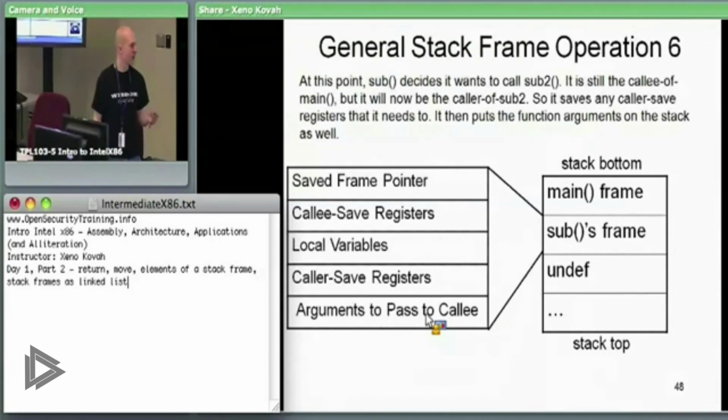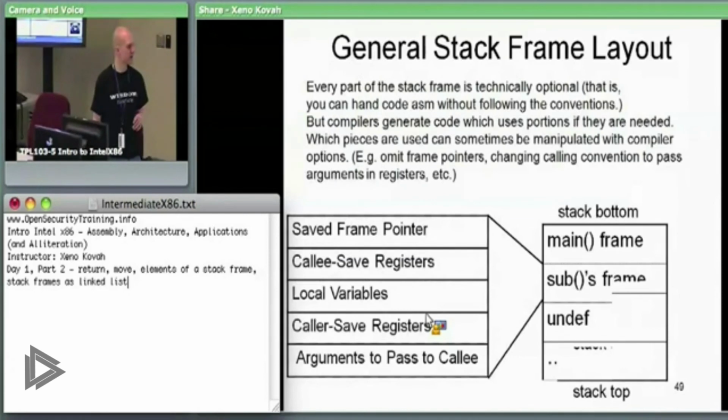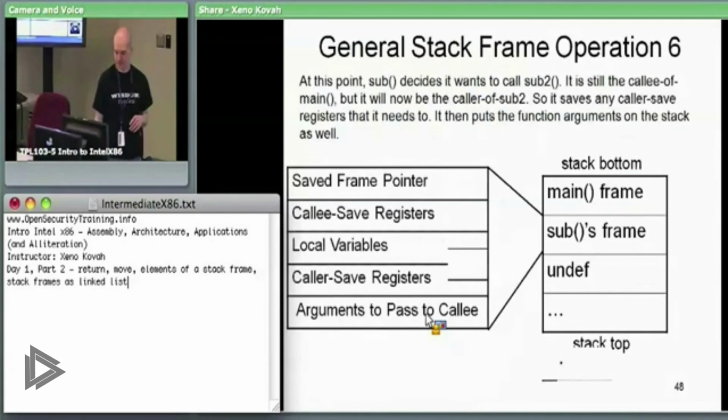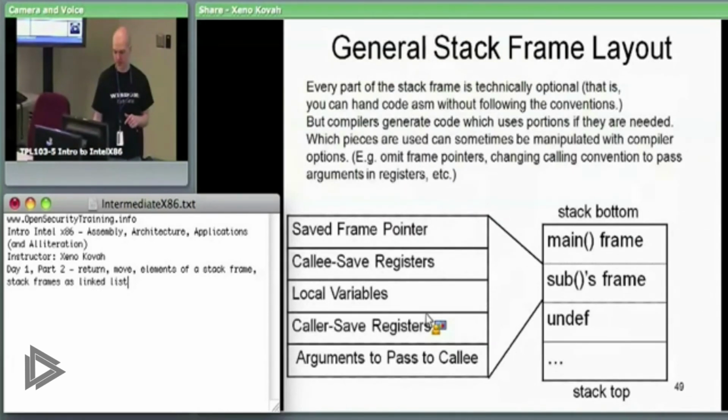So I think I didn't put the actual call to it, and I just said, this is the last point, basically. So now, do I have another one? No, I don't. So basically at this point, it put those arguments onto the stack. It would call sub2. We could go through the exact same sequence, right? Sub2 would save the frame pointer, then sub2 would save its callee save, and then when sub2 is done, it would destroy its callee save registers, destroy its frame pointer, return back up, and when subroutine is done,